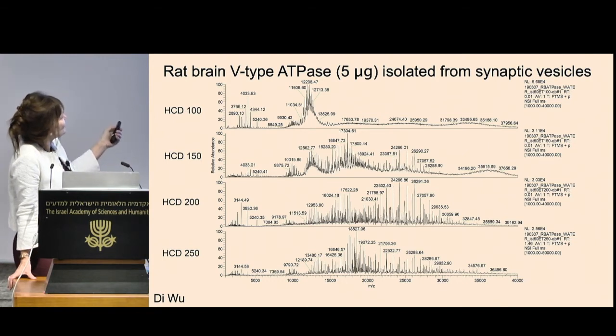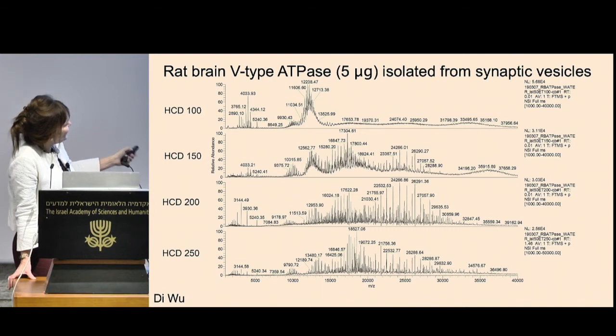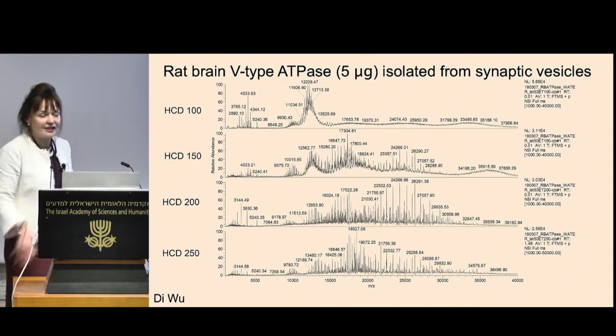This is the first spectrum at 100. So this is 100 volts on a particular cell, with 5 micrograms isolated from synaptic vesicles. And you can see that there's resolution, and some other proteins have fallen off or are coming along for the ride, as we say. And as we increase the energy, this area of the spectrum gets higher, and that's because